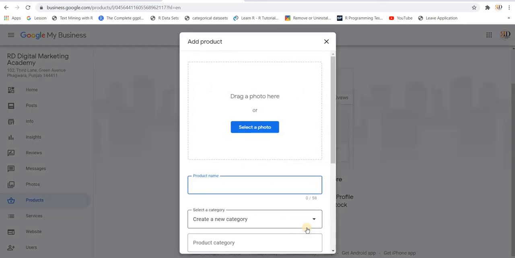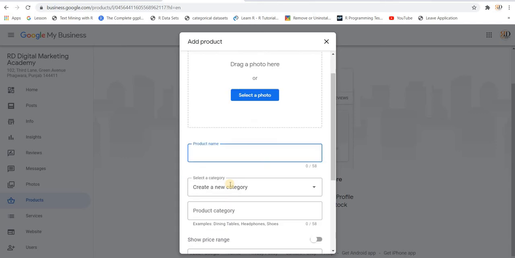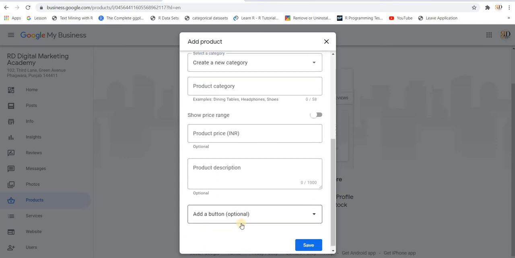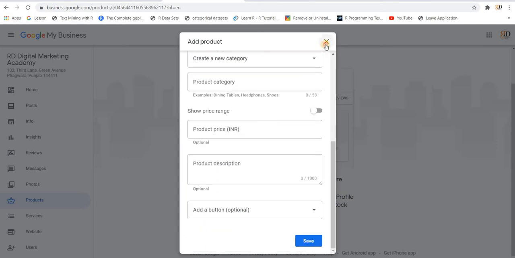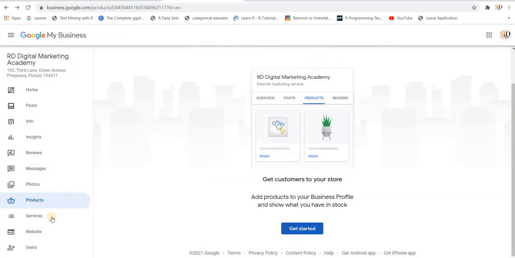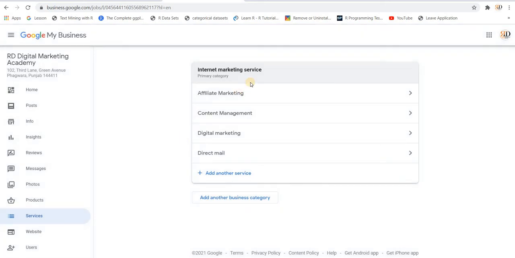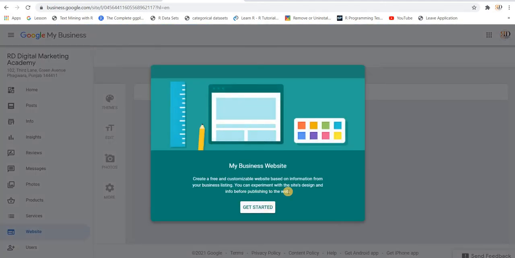I'm just taking you through this. Select any picture, add a product name, add a category, all these things. Done, save. This way you can add products. Then services. If you're providing some services, these are the services that I've provided. I've provided a website.